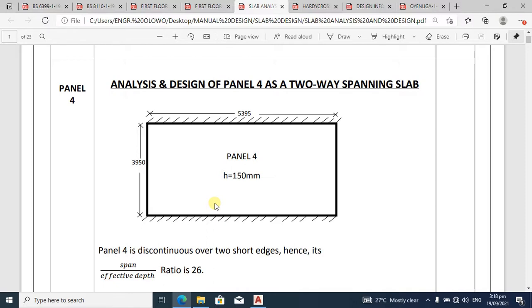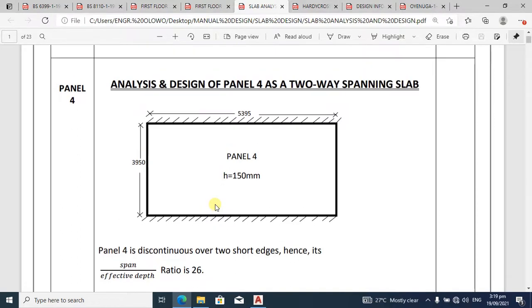Designing this panel as a two-way spanning slab will make us come up with a design that is totally uneconomical, and we are going to see this as we proceed in the training. So let's continue. Therefore, we are going to design this panel as both a two-way spanning slab and as a one-way spanning